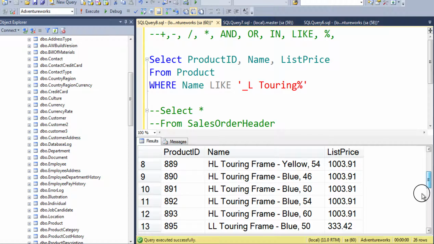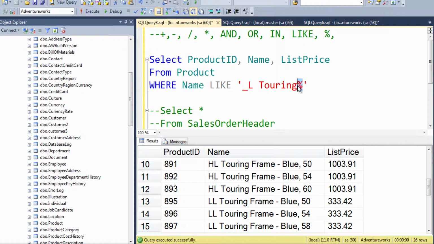So see, the wildcard operator can be extremely useful if you know a little bit about something but do not have an exact value. Okay, so let's do one more, and then I'm gonna move on to the next